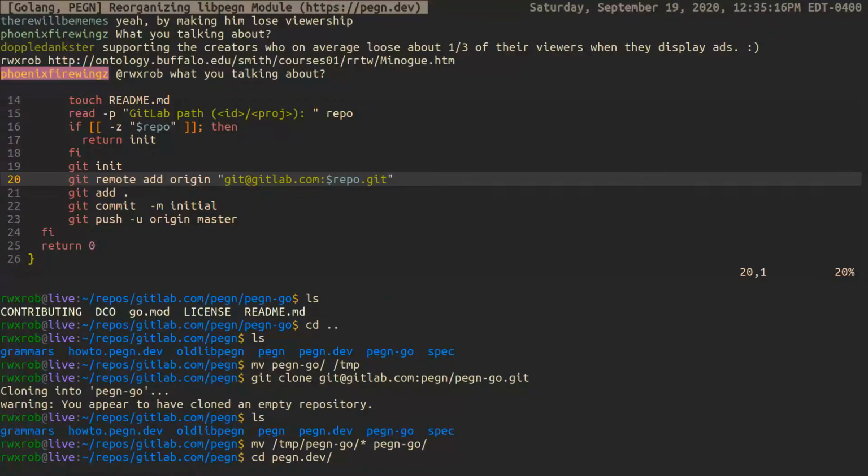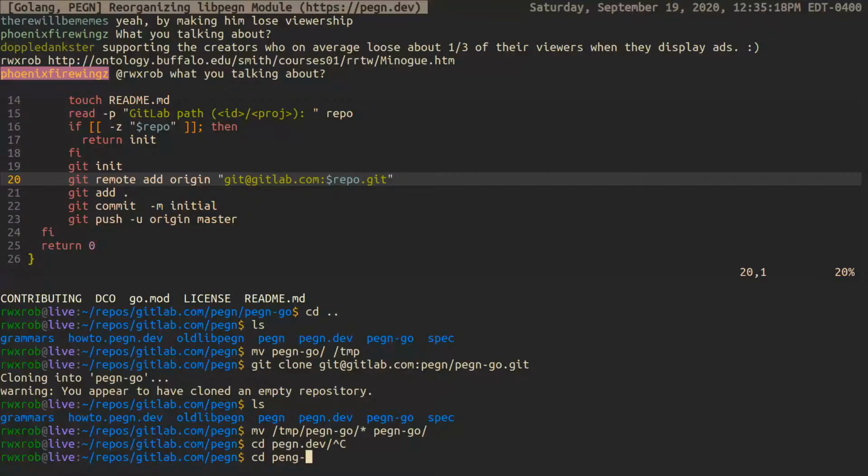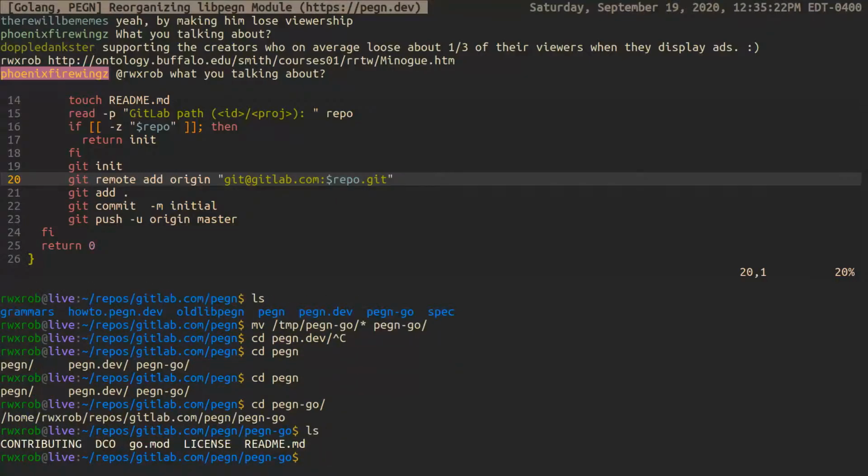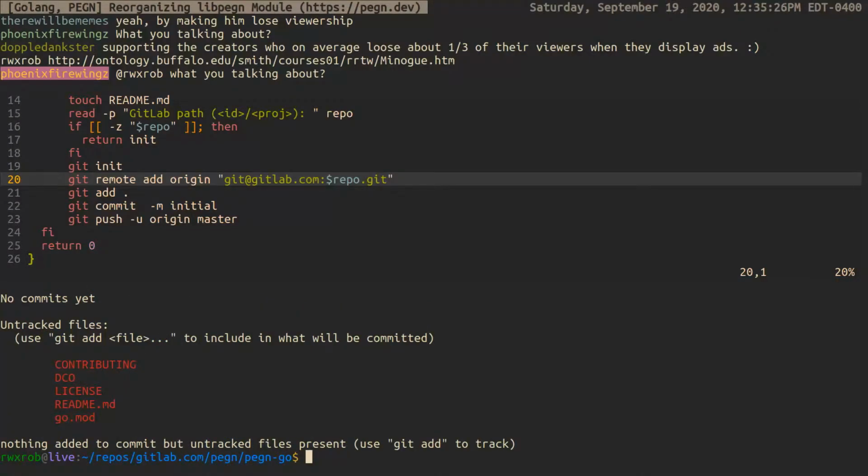There wasn't much in there anyway, so god damn, peng. Maybe I need to call it peng. Git status, so it should be all new, so I have to go through those steps again. Not a problem. We already have the remote origin set, so I just have to do the regular